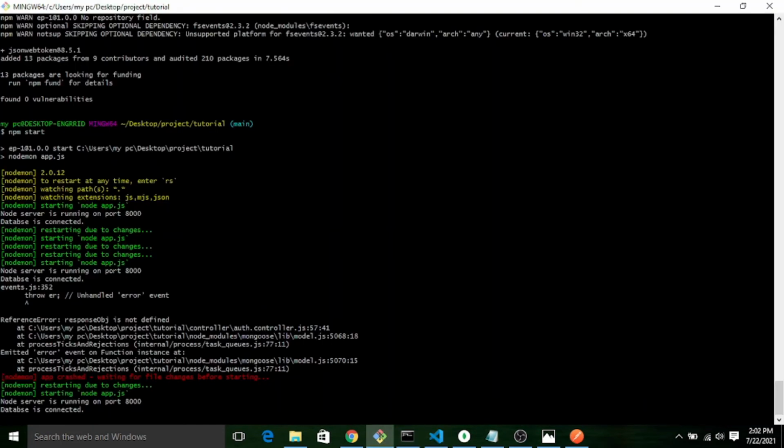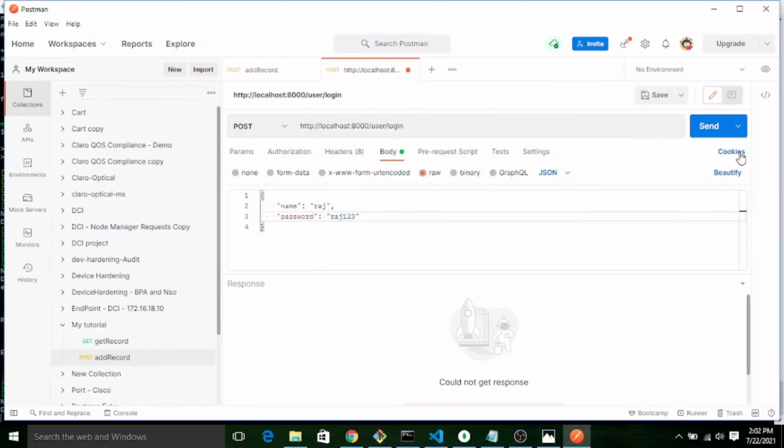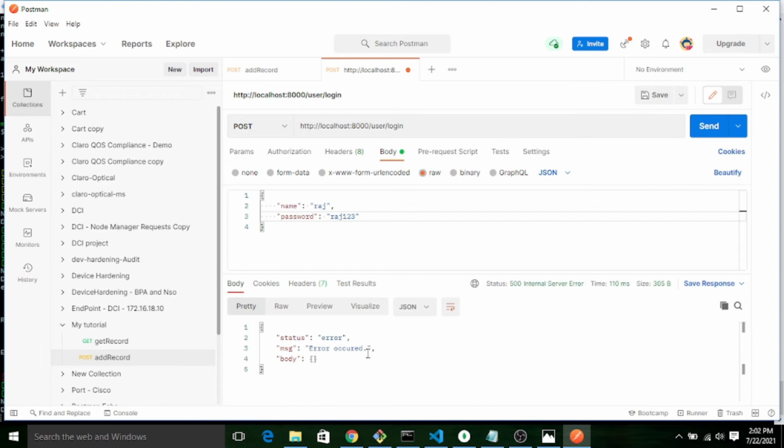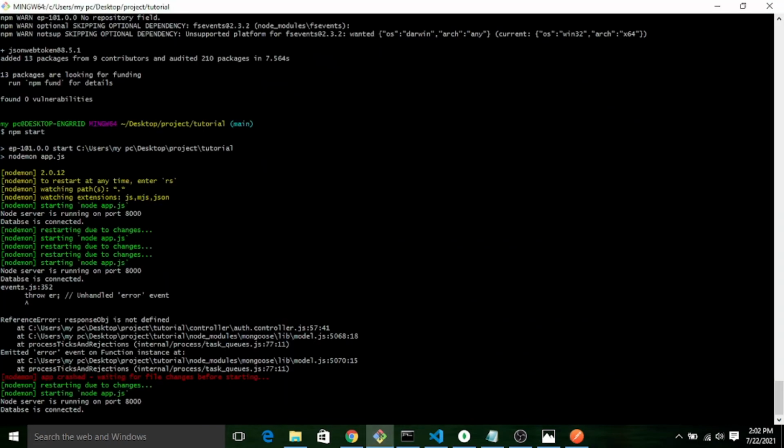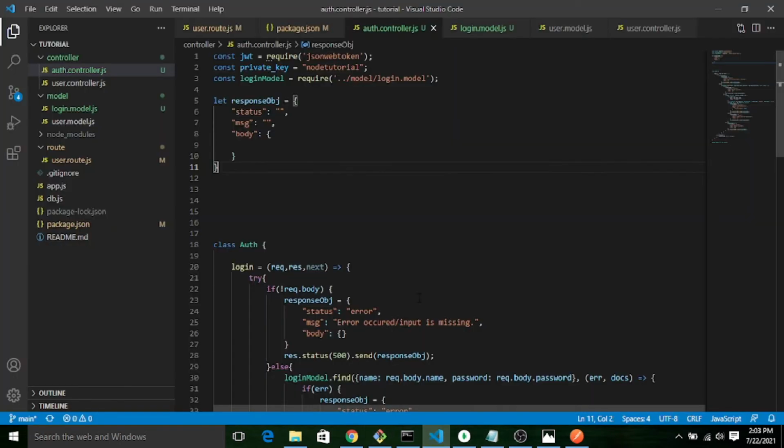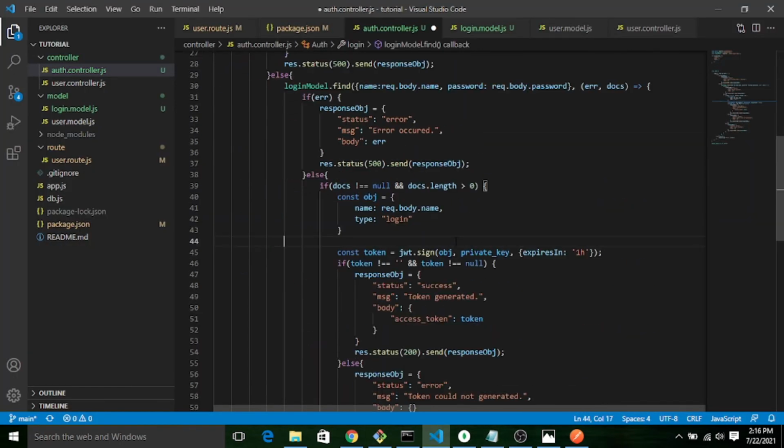Let me check. Okay, it's running now. Let me test it. Some error occurred. We'll check here. There is no runtime error actually. So we'll check inside the code.